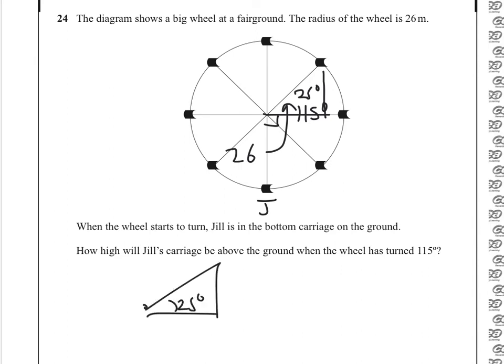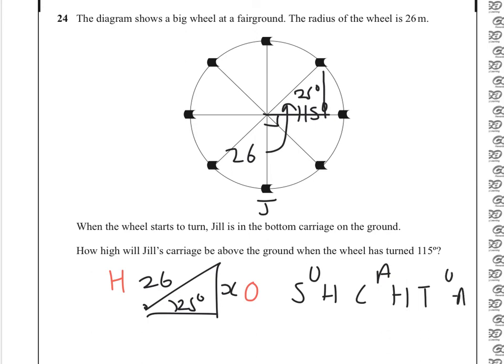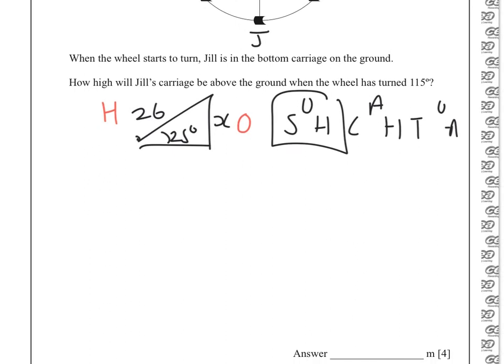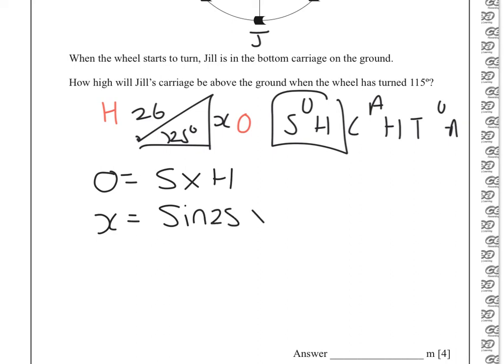So we have 25, we have a radius of 26, and I want to work out this distance x. So if I start by labeling my sides, I have the opposite, I have the hypotenuse, and if I draw out my SOHCAHTOA, I can see I want to use sine, and we are trying to work out the opposite, so the opposite is the sine times the hypotenuse, so in this case x will be the sine of 25 times 26, which is